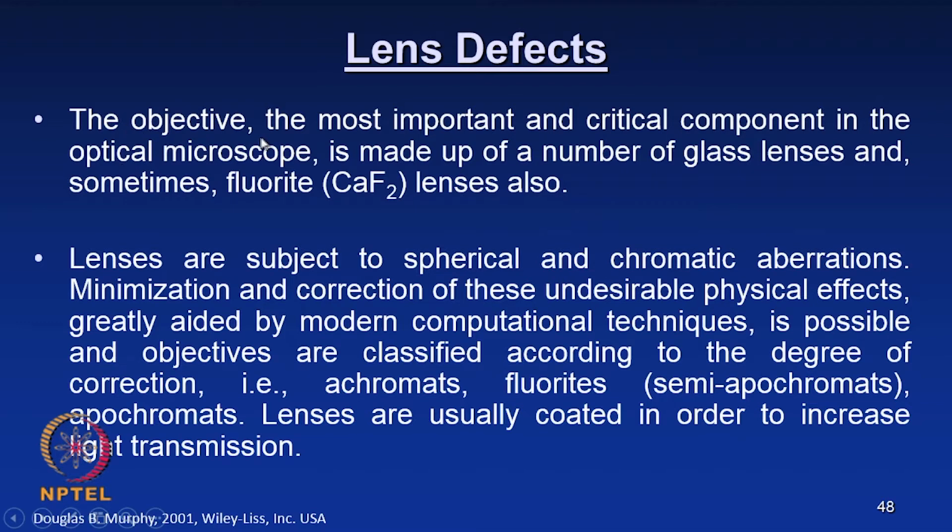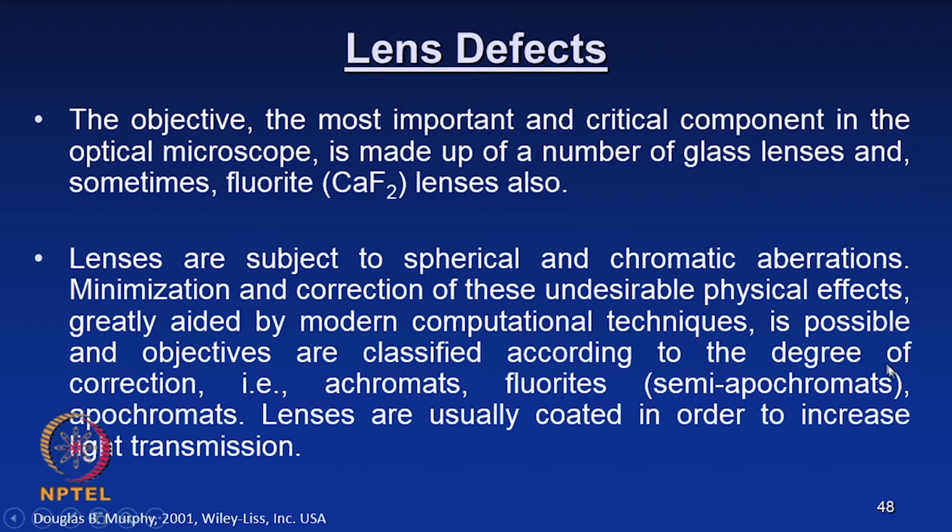The objective, the most important and critical component in the optical microscope, is made up of a number of glass lenses and sometimes fluorite lenses also. Lenses are subjected to spherical and chromatic aberrations. Minimization and correction of these undesirable physical effects, greatly aided by modern computational techniques, is possible, and objectives are classified